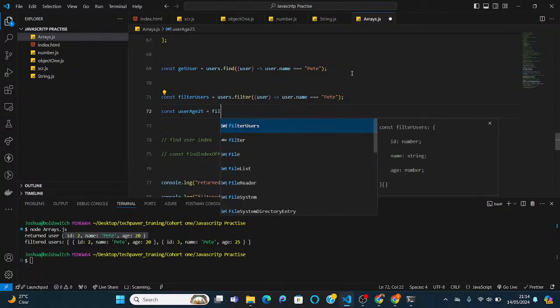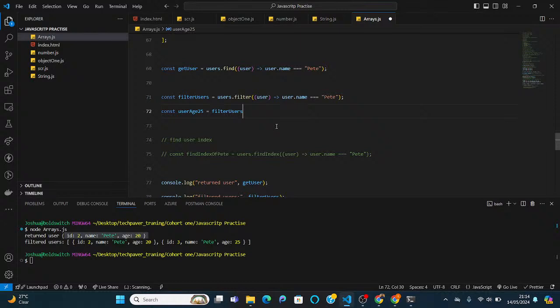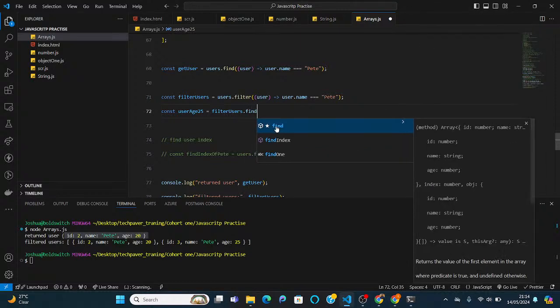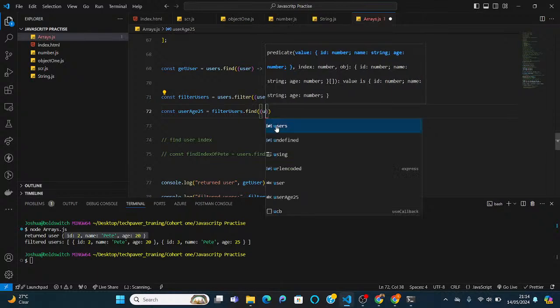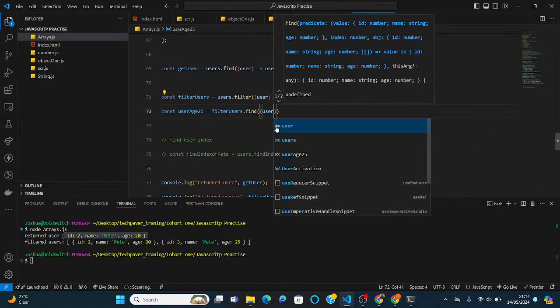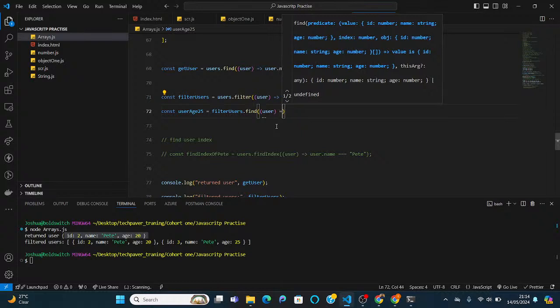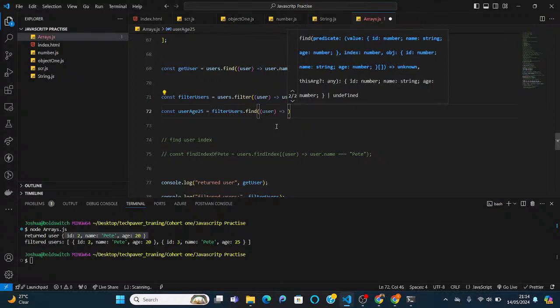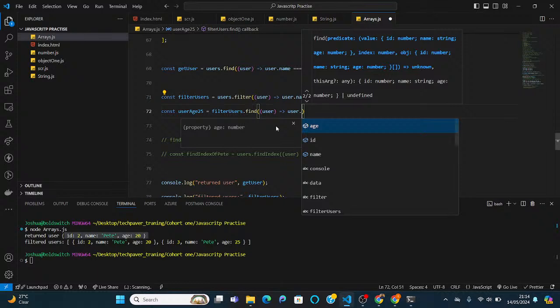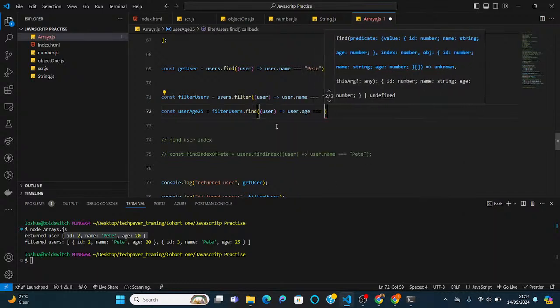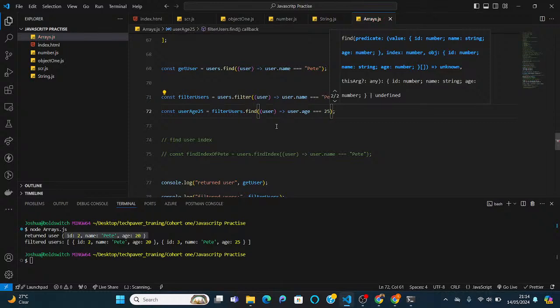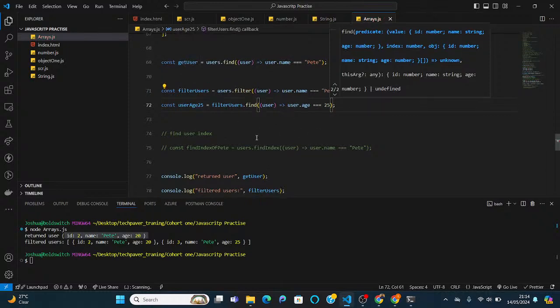So now we can do that with filteredUsers.find. Here now we can find the user. Okay, .find(user), so here we are going to say user.age equals 25. So now if we console log